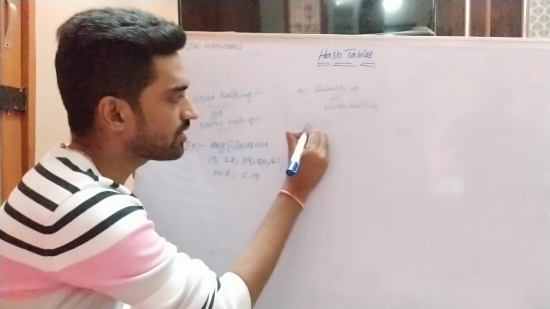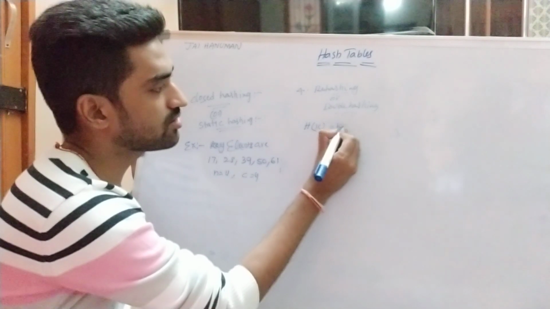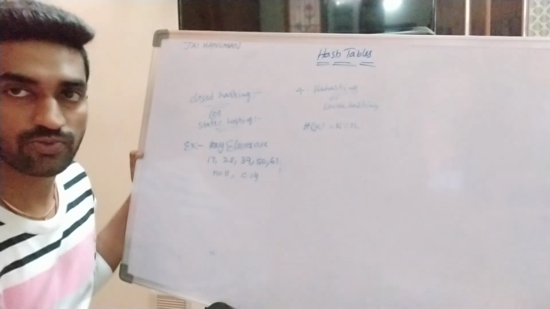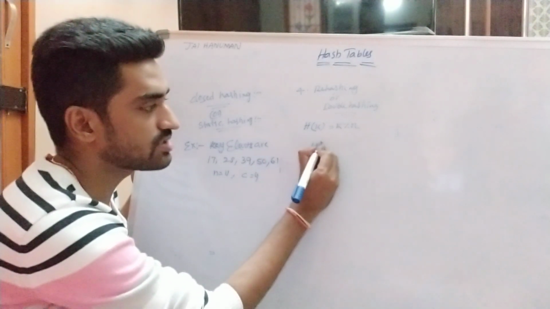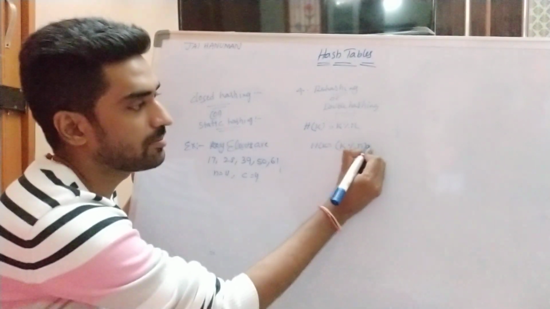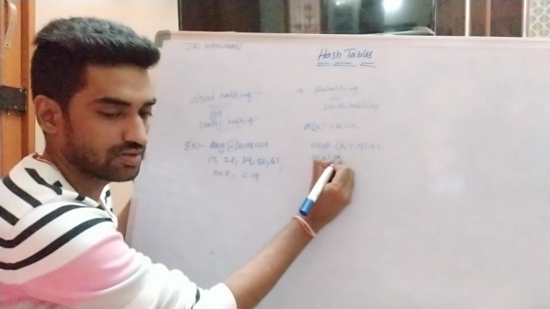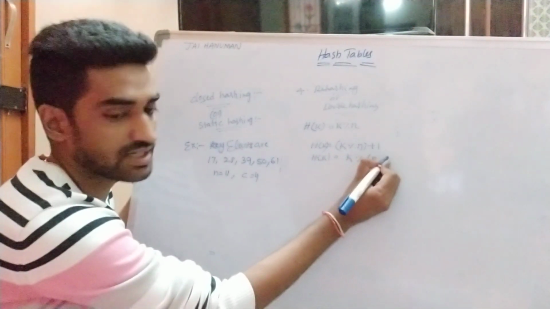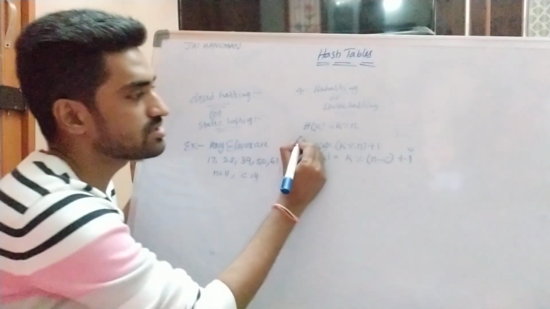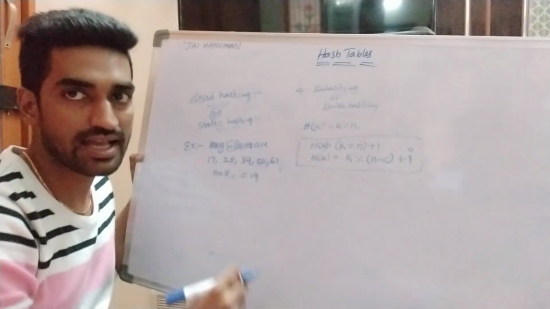So what is the general formula for performing rehashing? H of k is equal to k modulo division of n. So once the collision occurs, rehashing uses two formulas. The first formula is h of k is equal to k modulo division of n plus 1. The second formula is h of k is equal to k modulo division of n minus c plus i. Right? So by using these two formulas, we can avoid collisions in hash tables. So these are the two formulas for rehashing or double hashing.